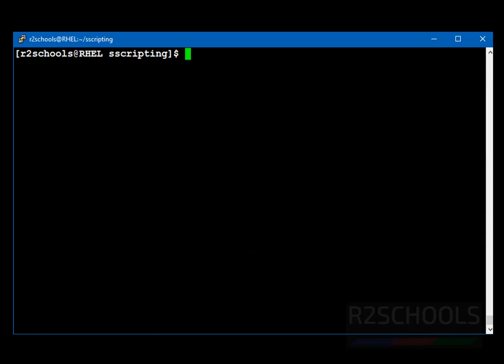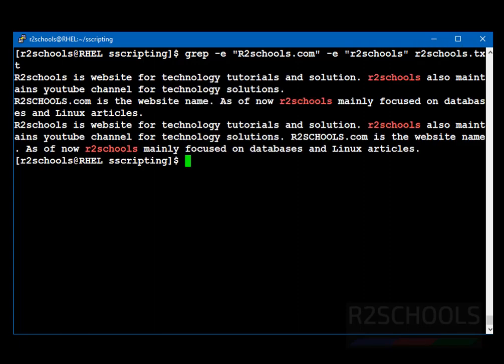Find multiple searches by using grep with the option -e. Grep -e r2schools.com, then -e r2schools, from the file name r2schools.txt, and press enter. See, it printed only the R2schools, but not this R2schools.com because it is case sensitive.